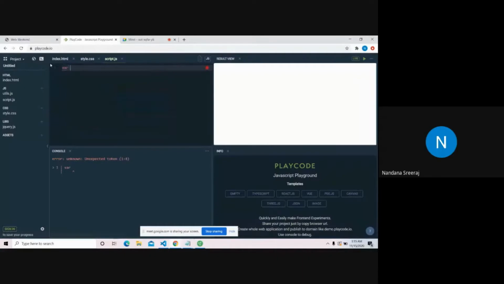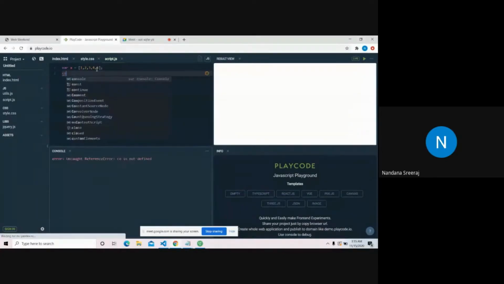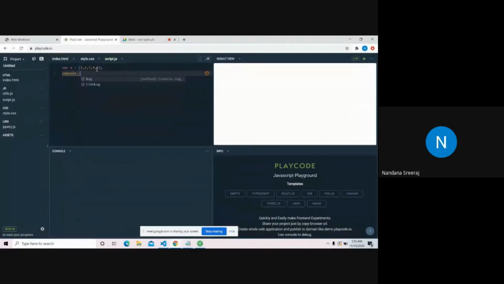So let me declare var x is equal to, and for an array we use square brackets, and inside the brackets we give 1, 2, 3, 4, 5. So we are storing 5 different things, 1, 2, 3, 4, 5, inside a single array. And we'll just console.log that x. Yeah, see. When we console.log, we get the array printed.